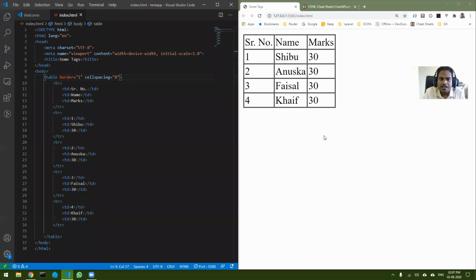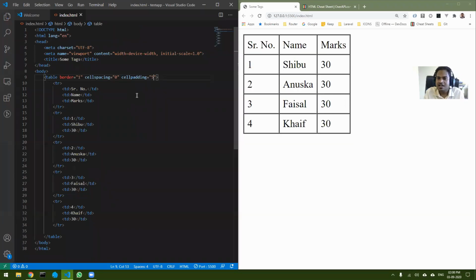Everything is packed inside, with no room for the contents to breathe. So you can add a little room inside by cellpadding. Let's add cellpadding of 5, and you can see the table has added 5 pixels around the cell.